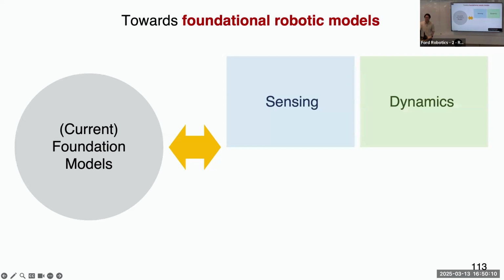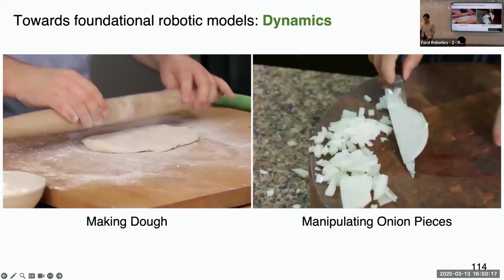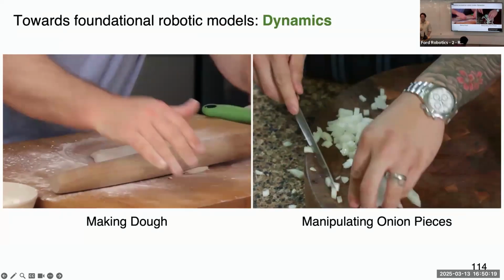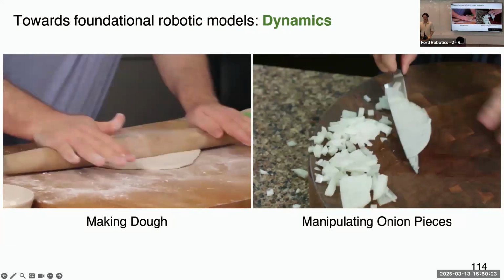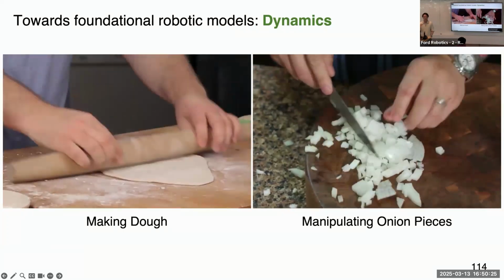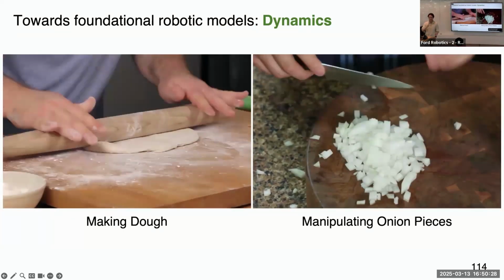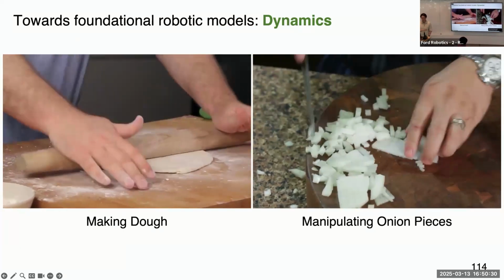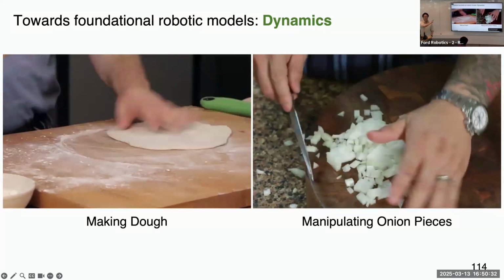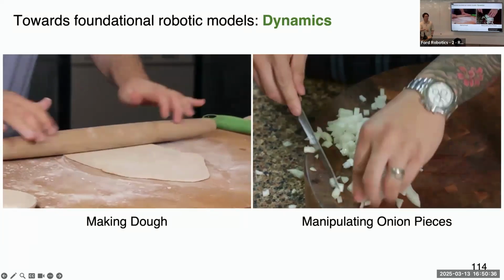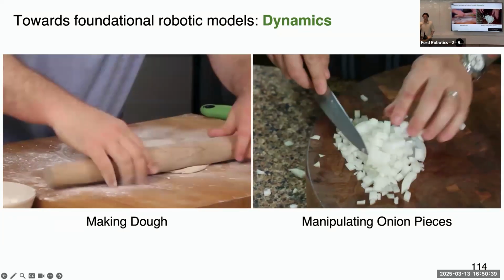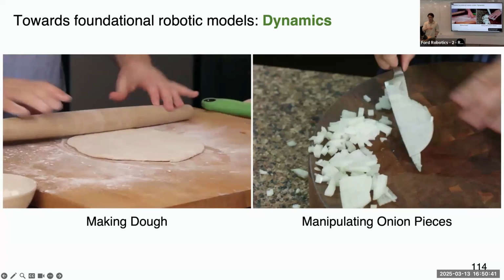The second very important pillar, I would argue, is understanding the dynamics of the environment, essentially understanding the effect of actions. We humans have this intuitive model in our minds. We can predict how the environment is going to change if we apply specific actions. This is a capability that the current foundation models are actually very bad at. Looking at these videos, we can predict how the dough will change its shape and how the onion pieces will move around. It's exactly this kind of predictive ability that allows us to plan our behavior